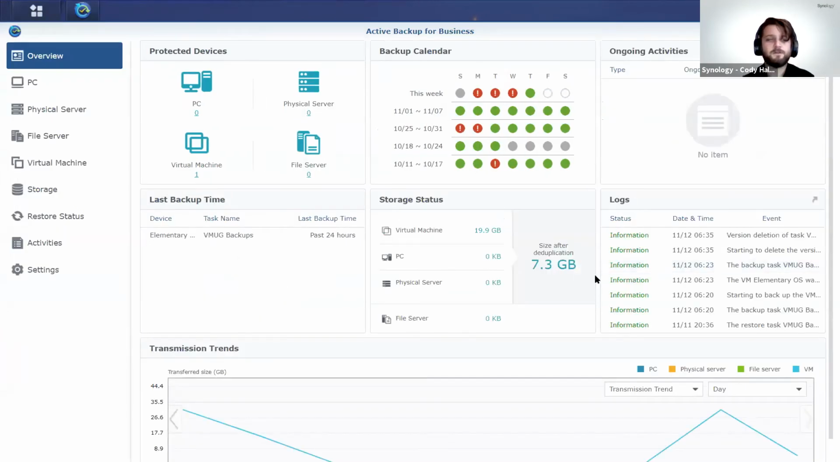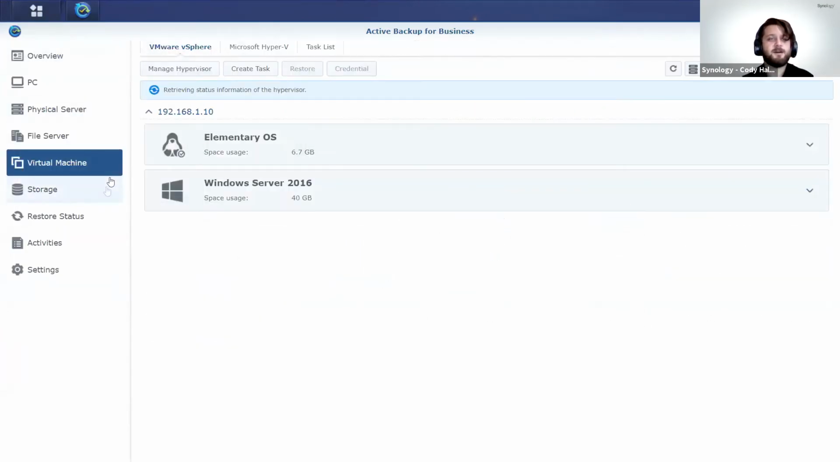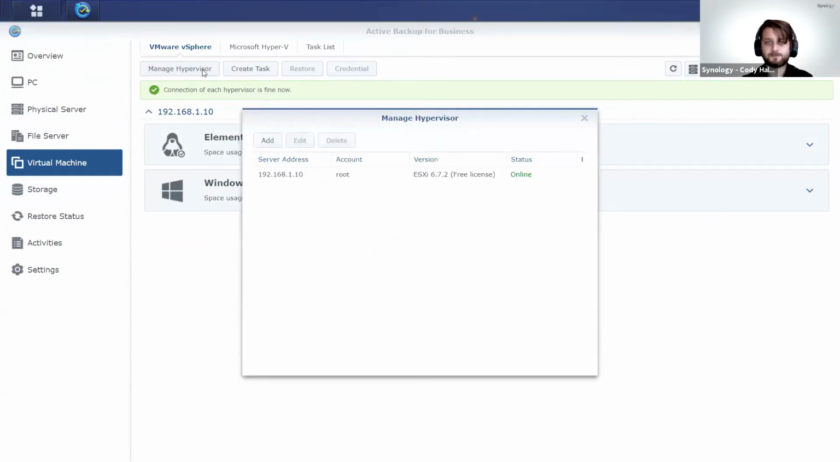You're going to see your main overview page here, and we're going to pop right down to virtual machine. You can see we have a couple of those VMs that you saw previously in our ESXi environment. It's already connected back to that .10 host here. Now, all you would need to do to add your own hypervisor is go to Manage Hypervisor, and you could